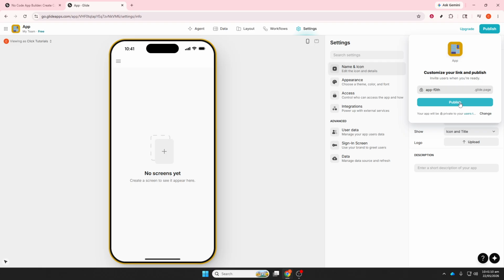Share your app via a simple link, a QR code, a custom domain, or by embedding it on a website. If you outgrow the free plan, consider upgrading for more users, private apps,